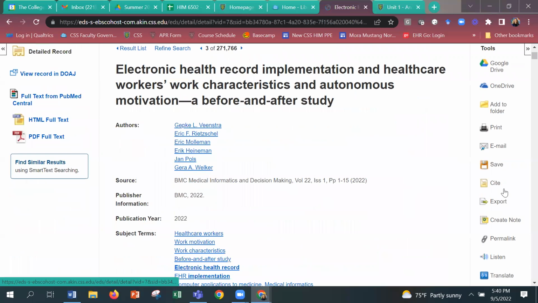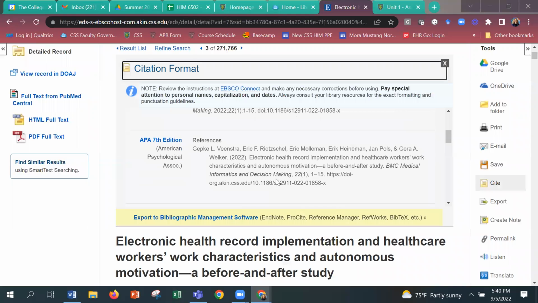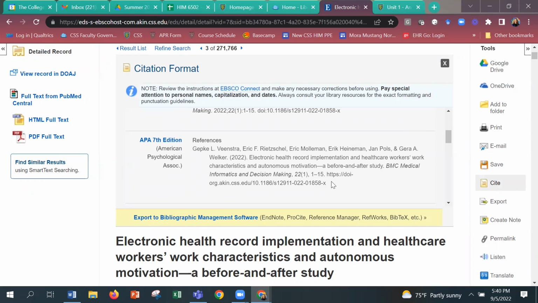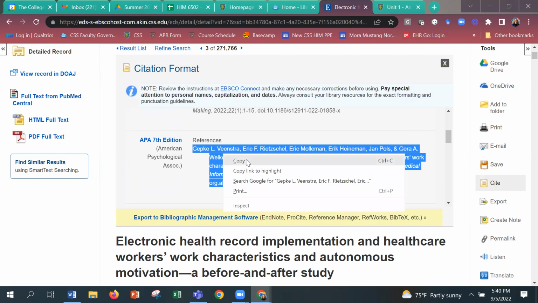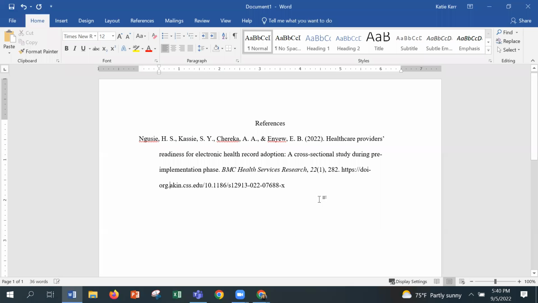All right, I'm going to go to Cite. I'm going to find my APA citation. Oh, this is a good one. Let's go through this one really quick, and then I'll wrap things up here. So I don't know if you saw it right away, but the issue with this one is that